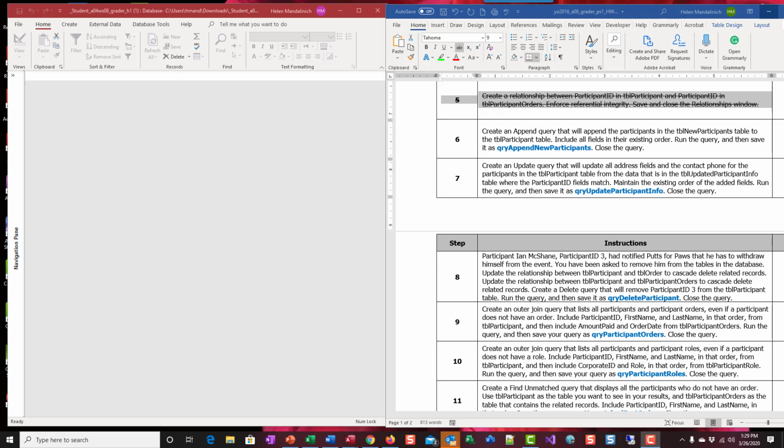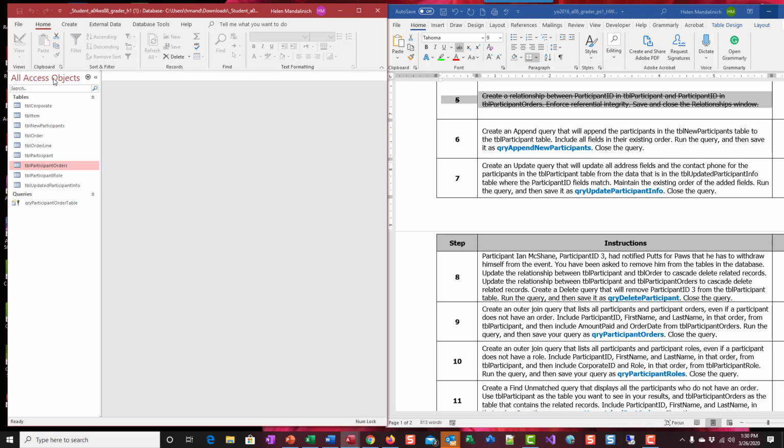We're going to look at step number 6. So let's take a minute and read it. It says, create an append query that will append the participants in the table new participants table to the table participant table. So whenever we have something like that, what I like to do is go and look at the